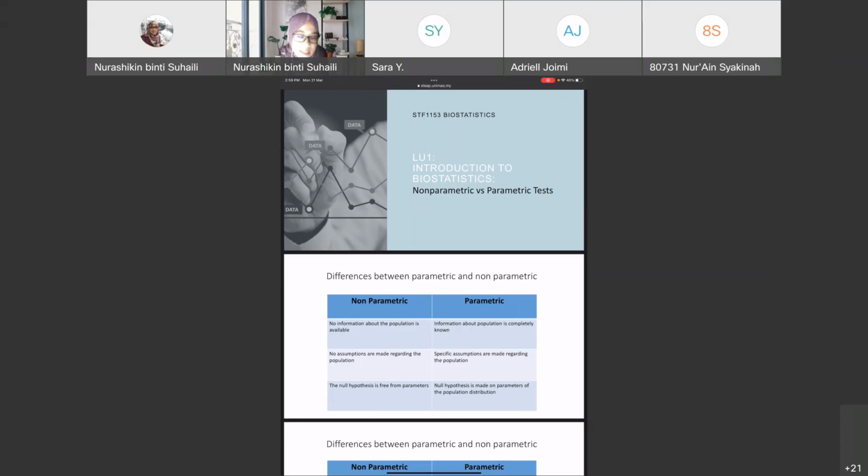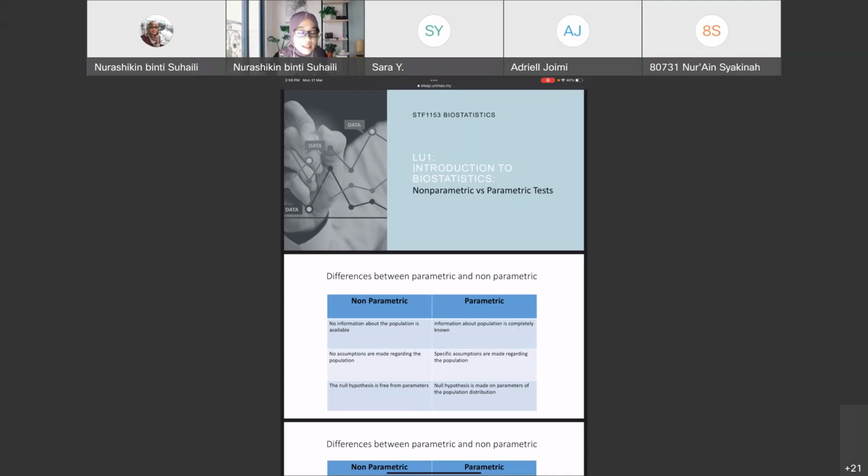That kind of statistics is called non-parametric statistics. Parametric is the other way around. When you have more information about the population, you can make assumptions about the data. And normally when we talk about data, when we have more information,